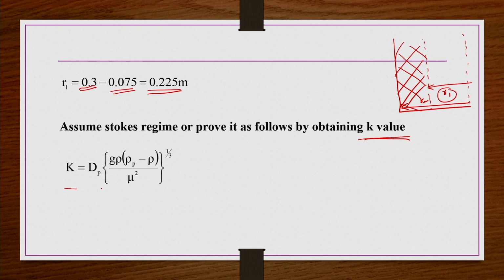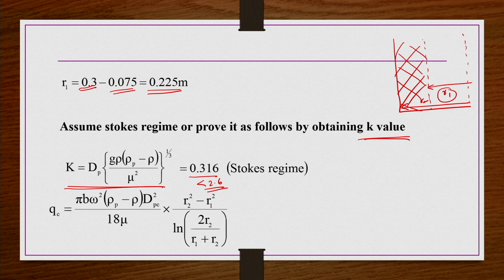How to find out whether the particle is settling in the Stokes regime or not? We have already seen in one of the previous lectures, finding out the K value. If the K value is less than 2.6, then the particle is settling in the Stokes flow regime. So, let us do the K value calculation. This K is nothing but dp times the cube root of (rho delta rho by mu square). This we have already seen. So, dp is given as 30 microns, rho p is known, mu is also known. When you substitute, you will get 0.316, which is less than 2.6. So, it is under the Stokes flow regime.